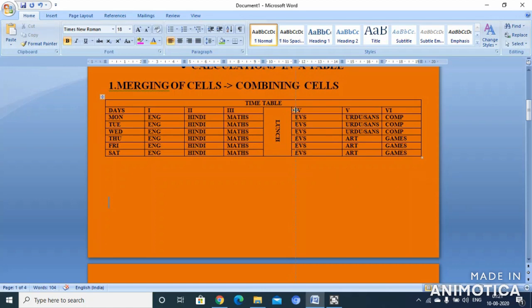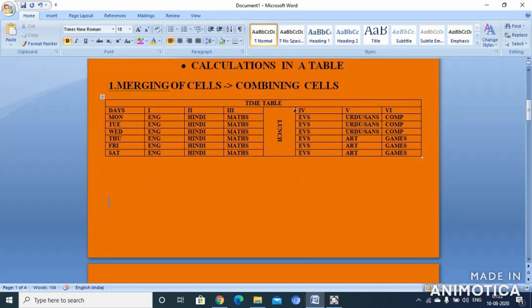Okay. Now let us make it undo action. Control Z is to undo our action which we have done. So what are the shortcut keys we studied today, children? That is Control plus C to copy and Control V for pasting. And we studied about the alignment of the text. Now the table is ready before us.